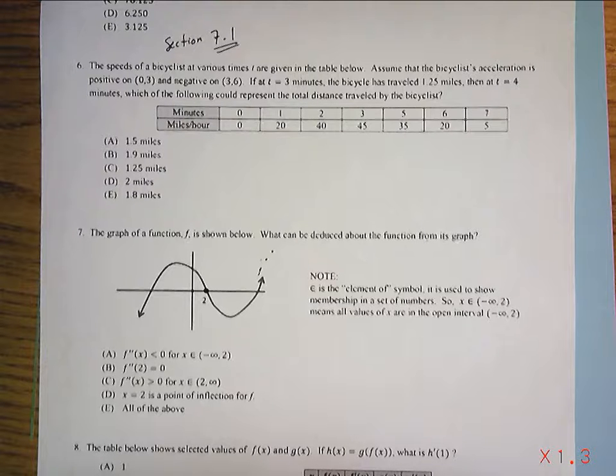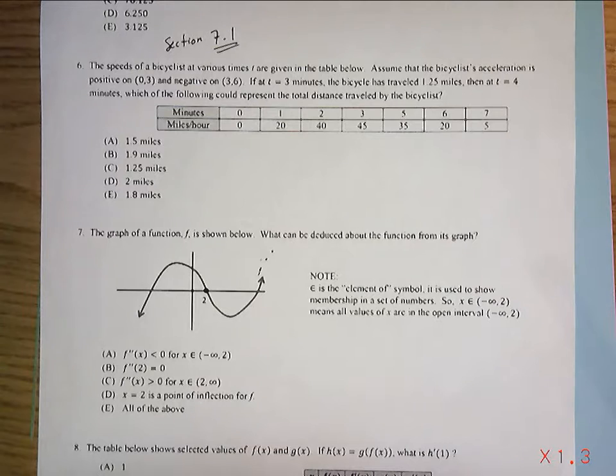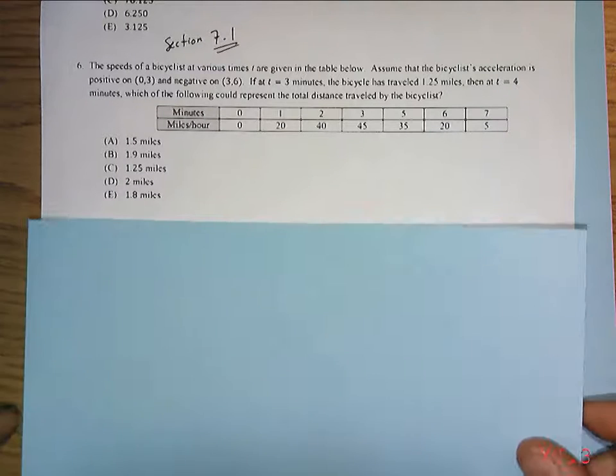And on the AP exam, some questions are definitely like that, and certainly in the multiple choice. You can get an answer either by eliminating or by knowing the answer and moving forward, but the explanation or a formal write-up of that is a little bit tricky, and that's what we're kind of looking at here. So I'm going to go over this one. It's going to be a lot of work for a multiple choice question, but I'll try to make it as